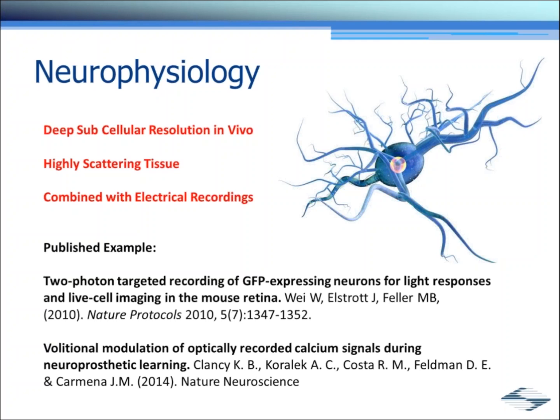And as well, in neuroscience, typically people are trying to get quite high resolution as well as going deep into the tissue. They may be looking at synaptic connections and things like that, as well as the whole cell body. And of course, tracing these neurons deep through tissue can be quite a challenge. So 2-photon imaging lends itself as a huge advantage in this field. There's tons and tons of publications on 2-photon imaging in neuroscience. I've got 2 examples listed here on this slide that are basically favorites of mine.